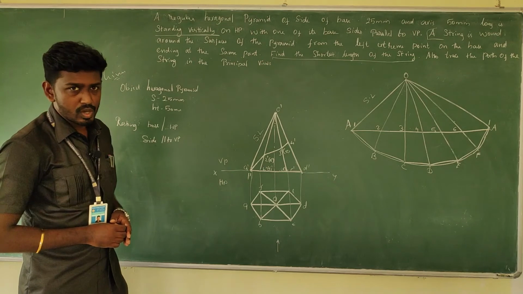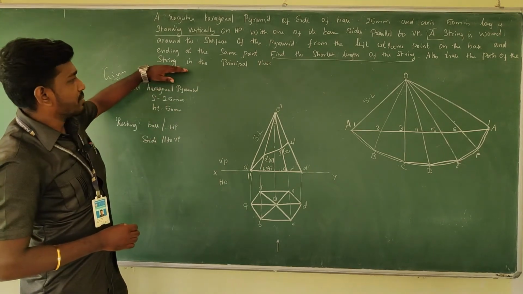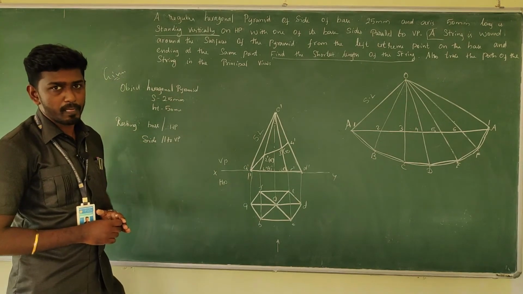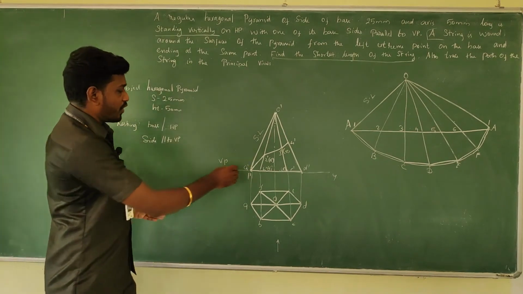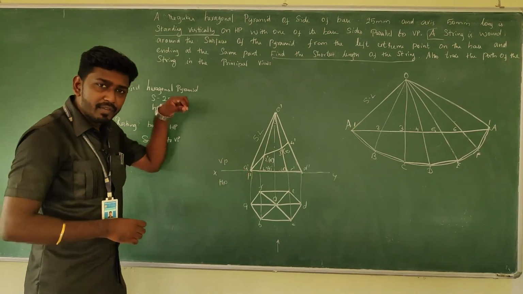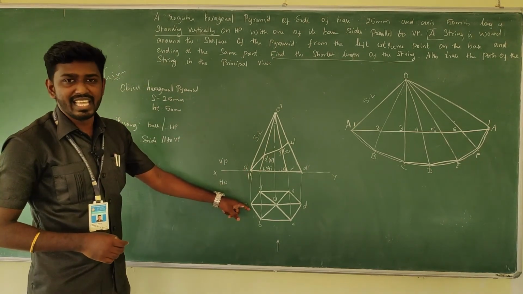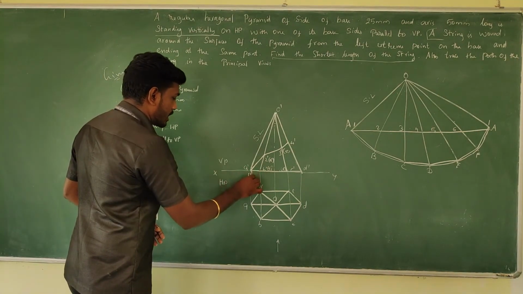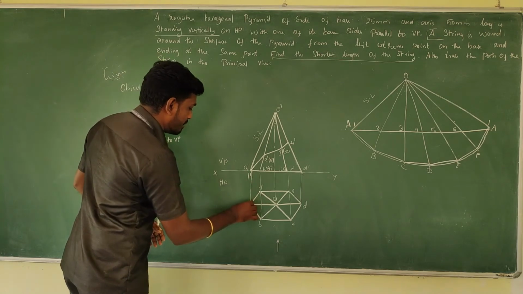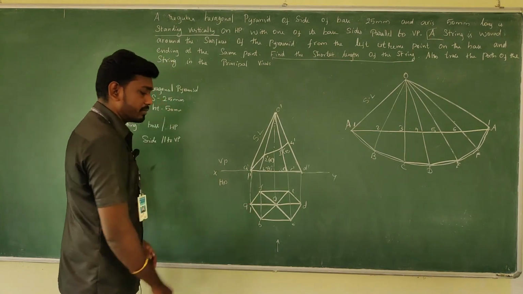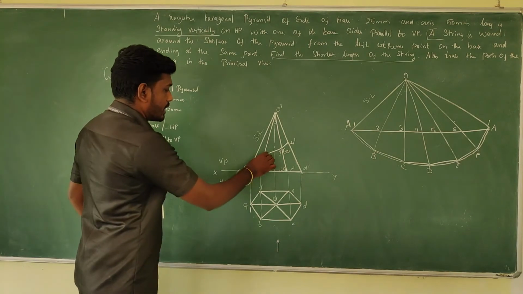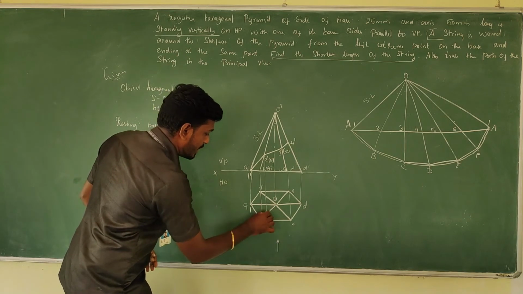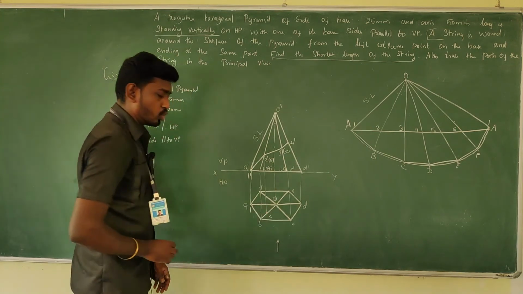After finding it, here it has been said string path in the principal view. So in the front view as well as in the top view we need to find it. Top view, how will you find it? From the cut point, you need to take the projector and intersect with the respective edges. The 1 is between O to A. If we take the projector, it comes and meets at this particular point. This will be 1. 2, take the projector. It is between O to B. In between O to B, you will get the intersection point. It is your 2.